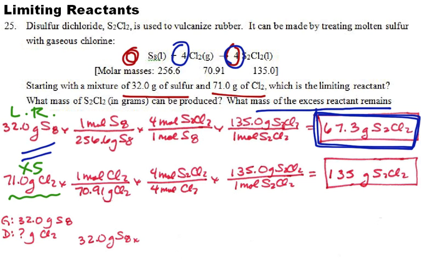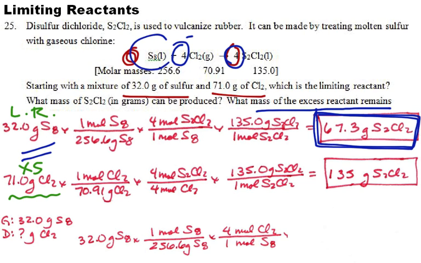So we start with 32 grams of sulfur, molar mass of sulfur. Heart of the problem, but this time it's between the sulfur and the chlorine, so it's a 1:4 ratio. And then finally we get grams of chlorine. Now with this we can find out that we have 35.37 grams of chlorine. That's what was used. So now our last job then is to find out, well, how much